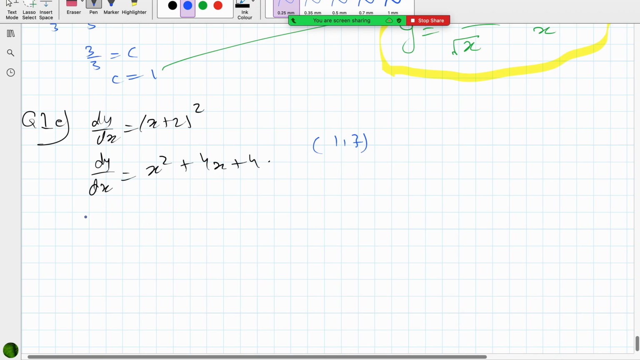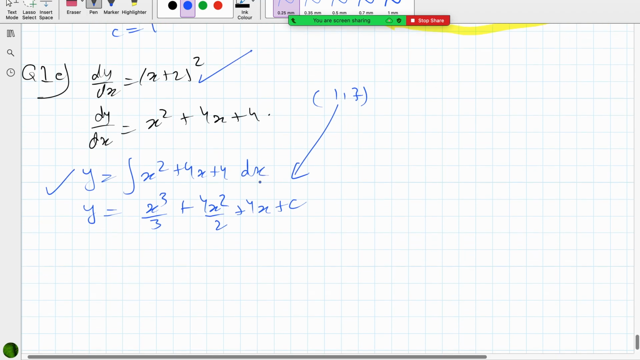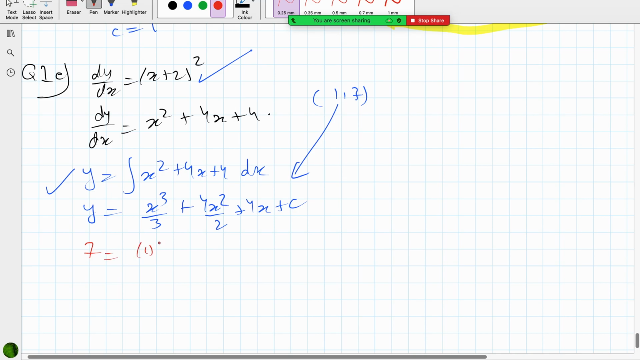So dy by dx is already there. y is equal to the integral of x square plus 4x plus 4 with respect to x. So y is equal to x cubed by 3 plus 4x square over 2 plus 4x plus c. Differential is given, we integrate it, now we find c. So I'm substituting the value. y is 7, x is 1,